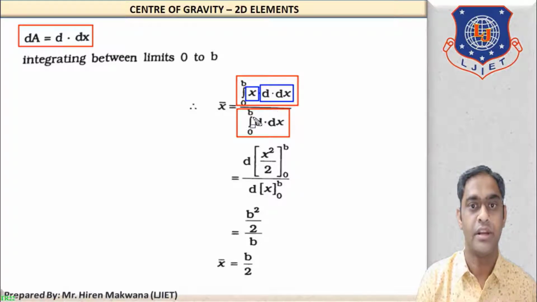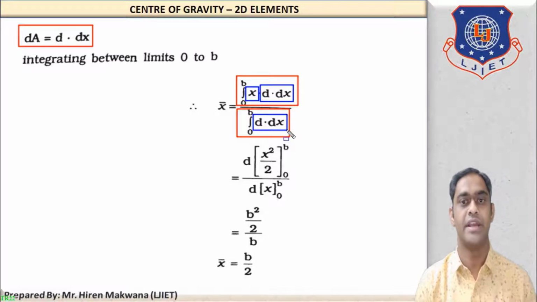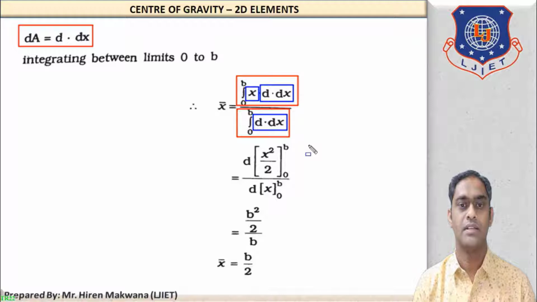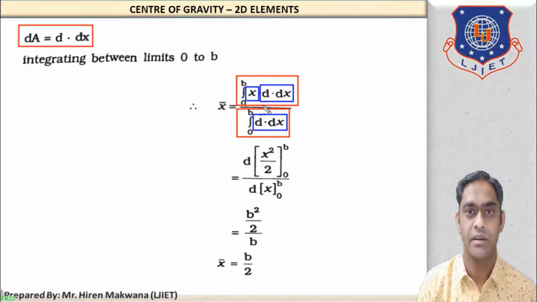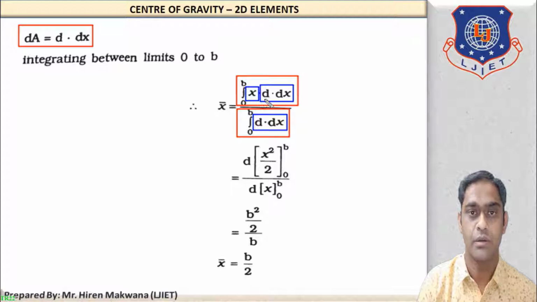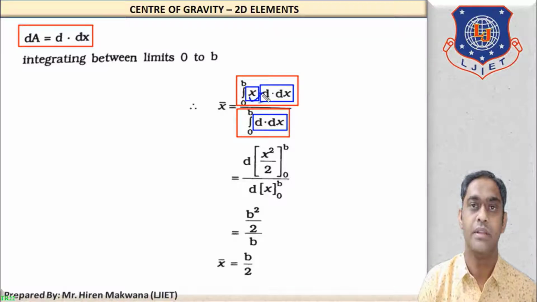Okay, now in the denominator again dA, which is the area of the strip, d into dx. Okay, now let us start the calculation. Now what happens with the calculation? In this calculation, dx is the variable. You can see dx is the variable. So x will be the